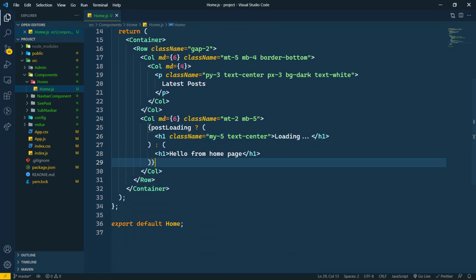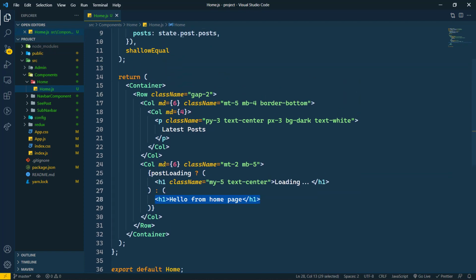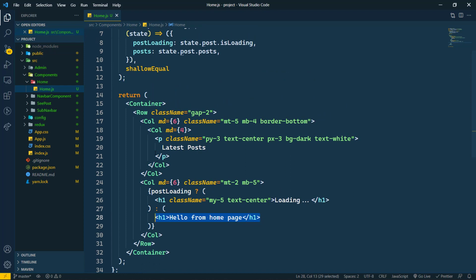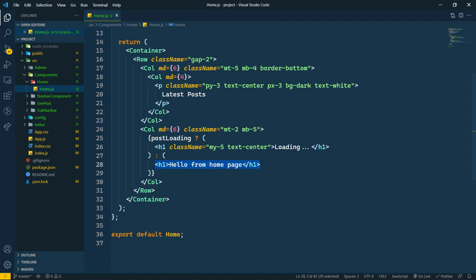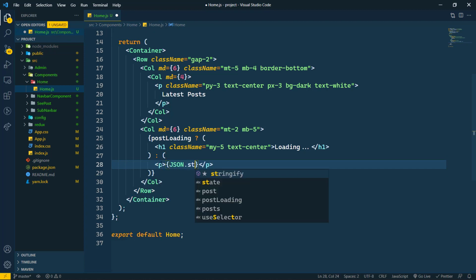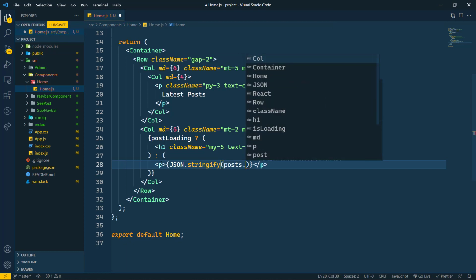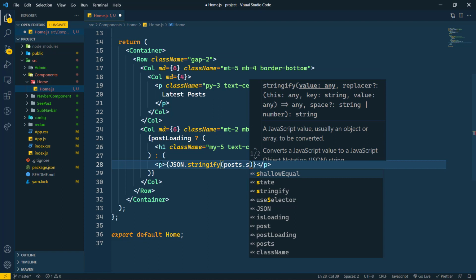Now let's move further. Here we will create a card. For that, first of all we have to fetch only the top 5 posts. Here I'm going to write post, and just make it like this. Here in a paragraph tag, JSON.stringify post. First we can also sort this post.